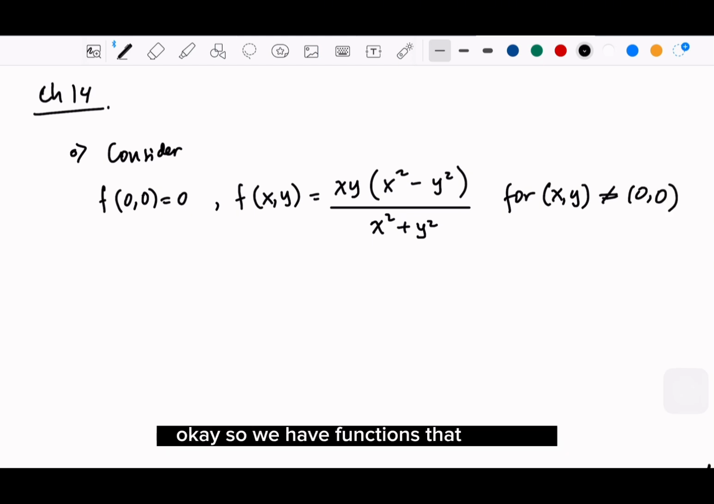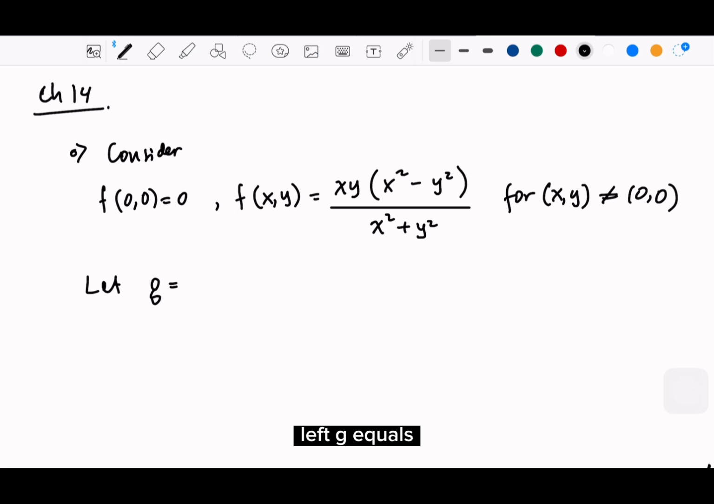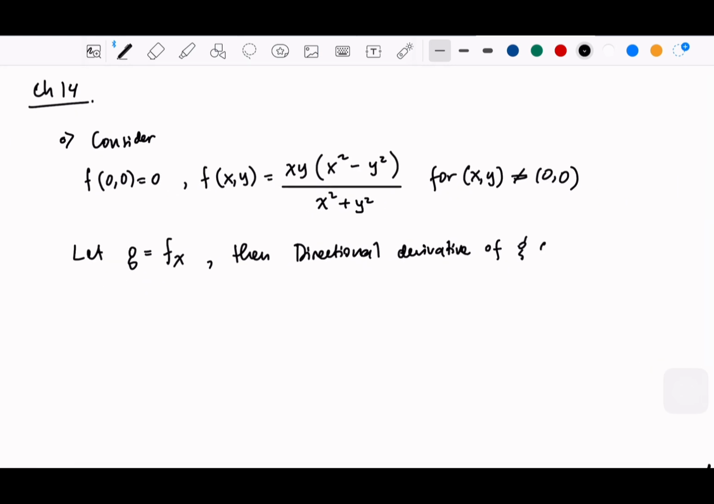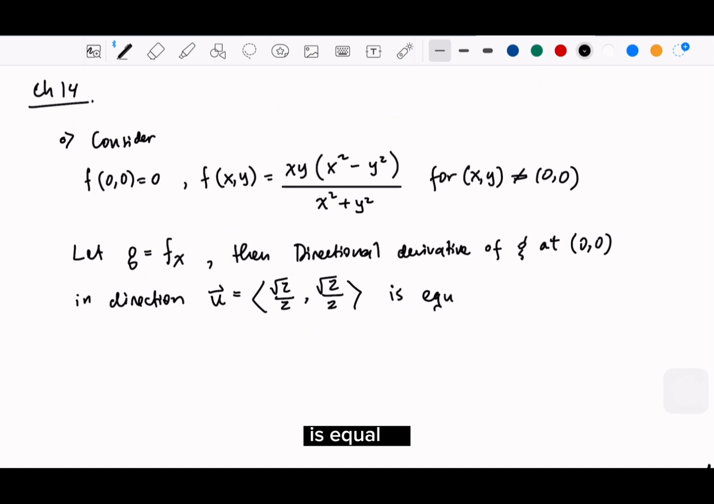So we have a function f that at (0, 0) is equal to 0, but at other points is equal to the function xy. Let g equal the partial x of the function. And then the question is the directional derivative of g at (0, 0) in the direction of vector u, which is equal to,